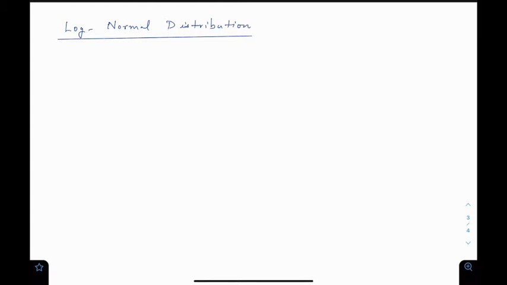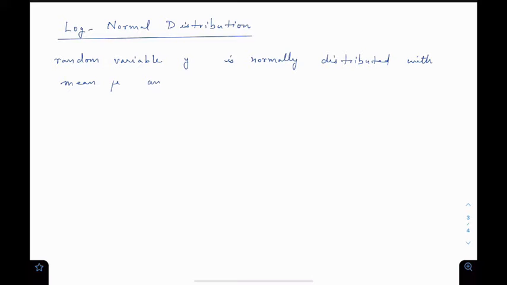So now if a random variable y is normally distributed with mean mu and variance sigma square, then the random variable x, where x equals e to the power y, is distributed as